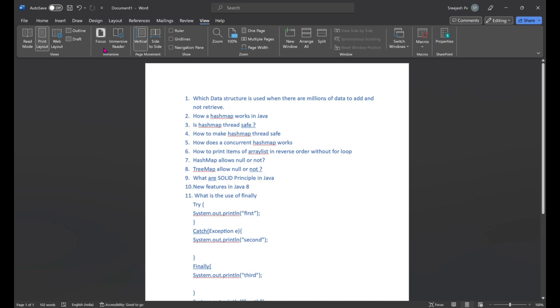So let's go through some of the Java questions asked for the interview. First one is, which data structure is used when there are millions of data to add? There is a scenario that millions of customer records need to be written, not retrieved, just written. So for that purpose, what kind of a data structure is